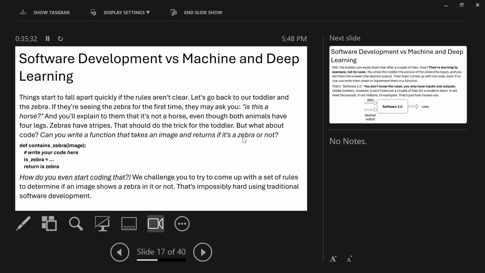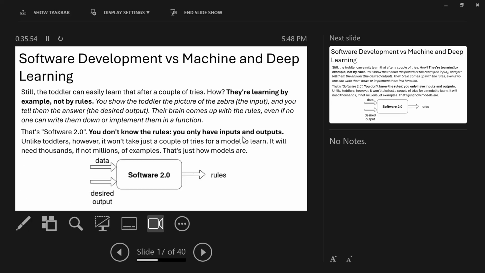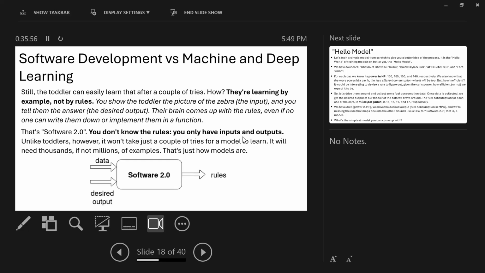So in machine learning, it's the other way around. In software development, you have the equation, the rule, so that if you put in the input, you will get the output. But in machine learning, there's no equation available.